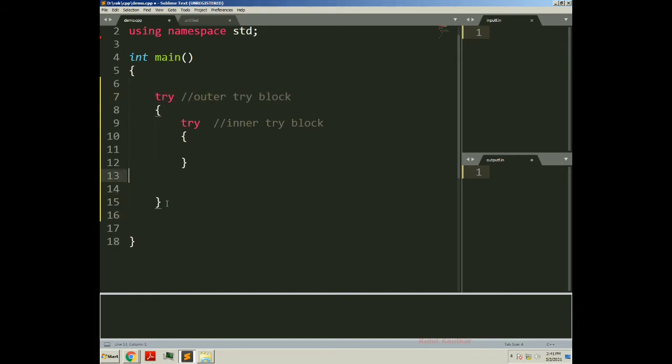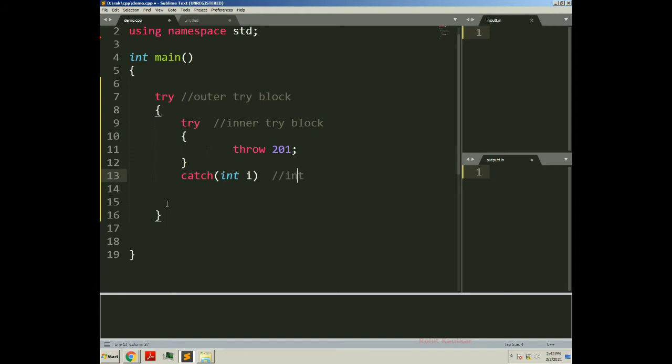In this inner try block, let's throw a certain exception. Let's throw some integer value, any random value I will pick, and now I will write a catch block for this. As we are throwing an integer value, we will catch it in this integer catch block.